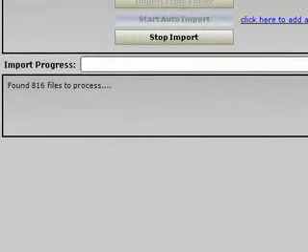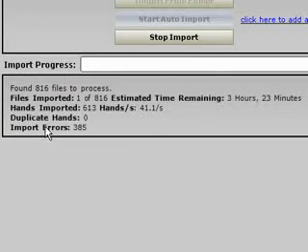You can see here that it says that it has found 816 files and it's processing them, and this will probably take a couple of hours depending on the speed of your computer. I'm recording this on a quite old computer, so it will probably take quite a long time. You can see here it says it's 2 hours and 10 minutes. So I obviously aren't going to